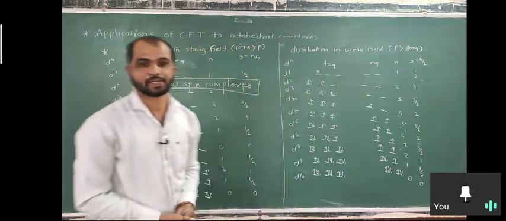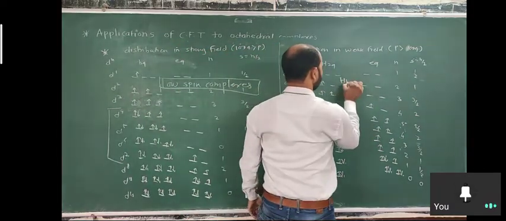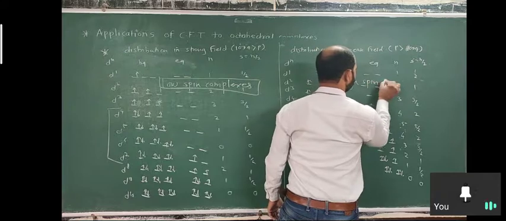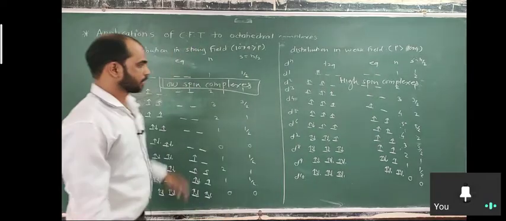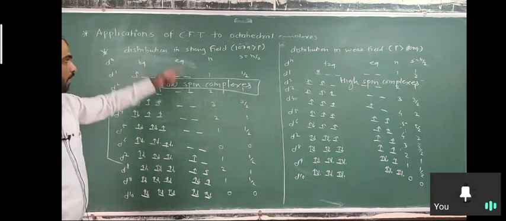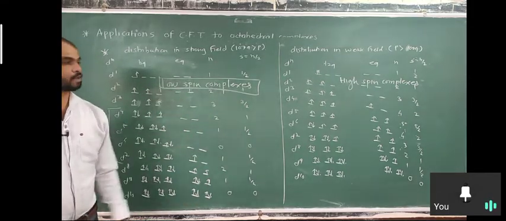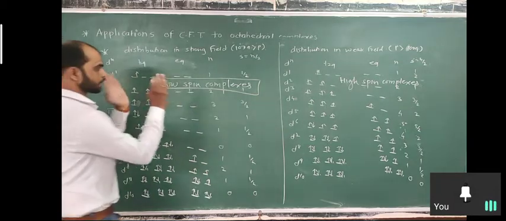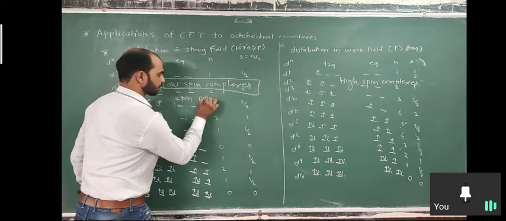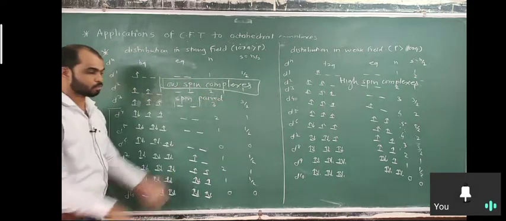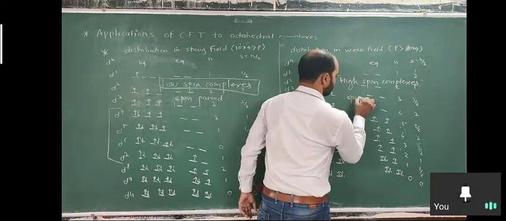More number of unpaired electrons, and the spin value is high. So complex is called as high spin complexes. High spin complexes. Low spin complexes. Strong field complexes are called low spin complexes. Weak field complexes are called high spin complexes. Here low spin, means you can consider also spin paired, another term which is considered. More pairs are here as compared to them, and here spin free.